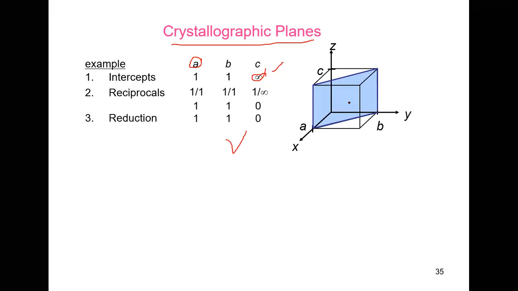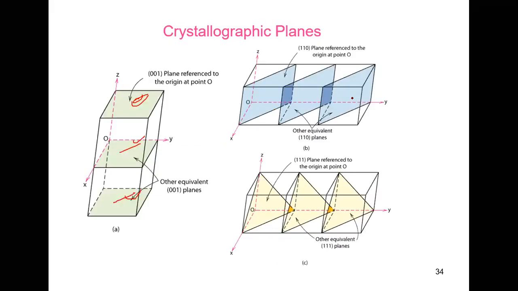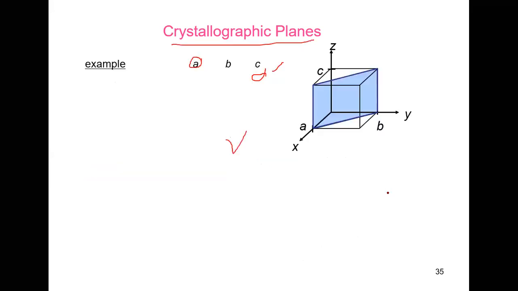Now, if you look at this plane, the Miller index of this plane is 1, 1, 0. So this one is also 1, 1, 0. And what about this one? The Miller index of this one is actually one lattice constant on the x-axis, one on the y-axis, and also one lattice constant on the z-axis. So if you convert that, it will be 1, 1, 1. So the Miller index of this plane is also the same. This plane is also the same. Parallel planes have the same Miller indices.